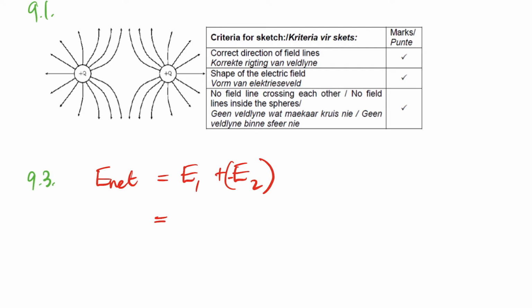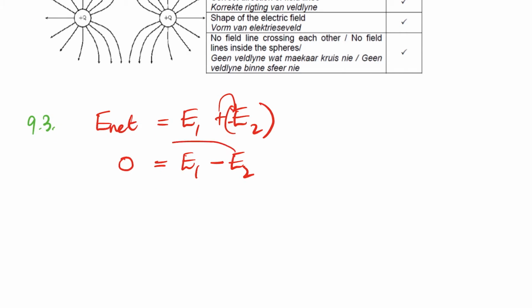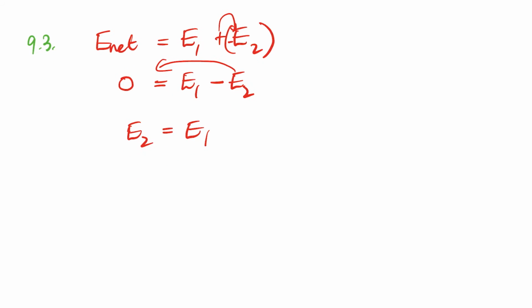And then the net electric field on P is 0. Therefore, E1 minus E2, so I'll transpose that to that side. So E2 is equal to E1, right? So this simply means that